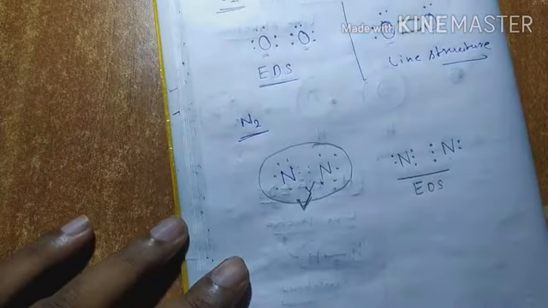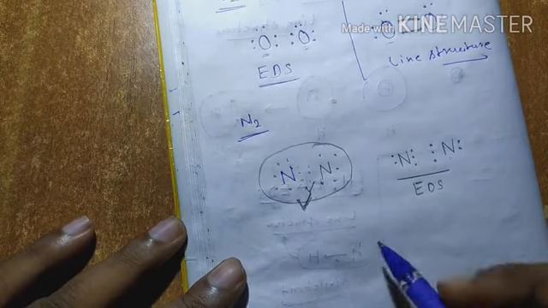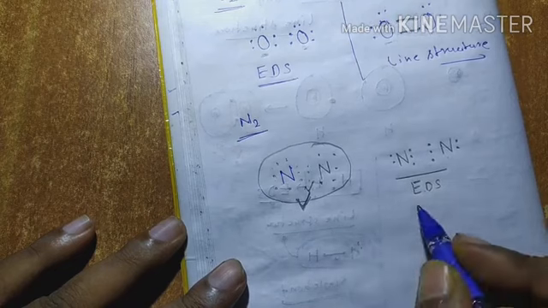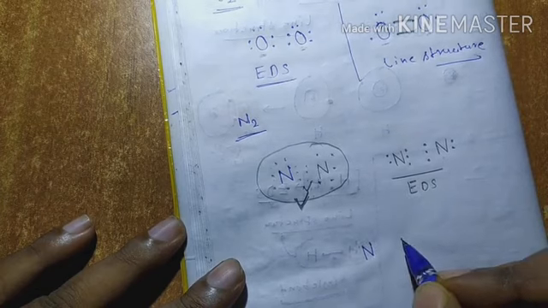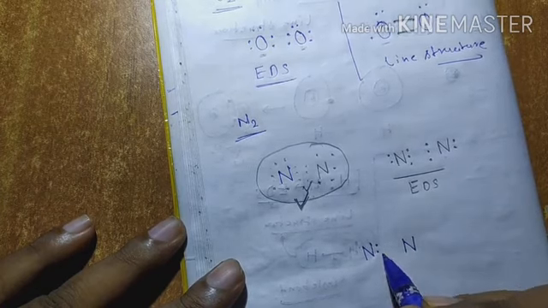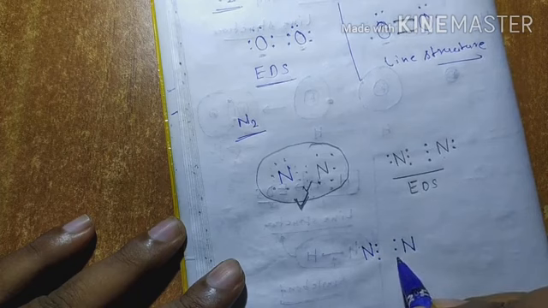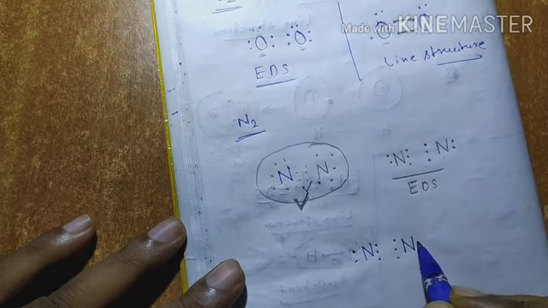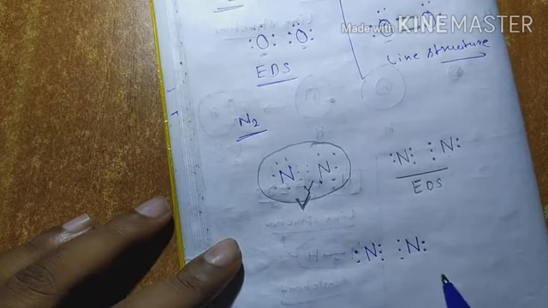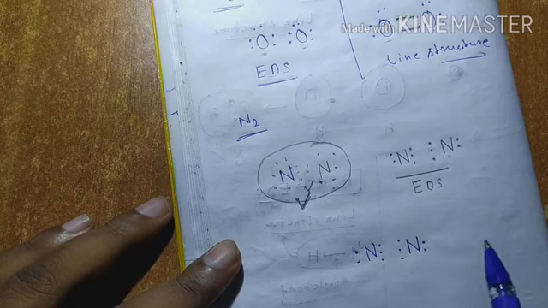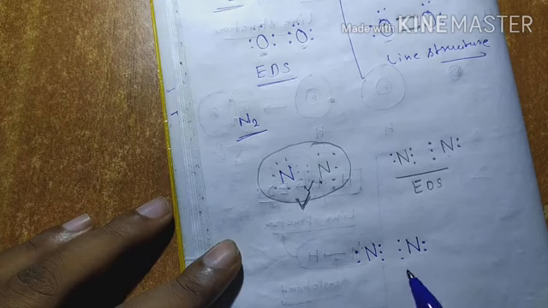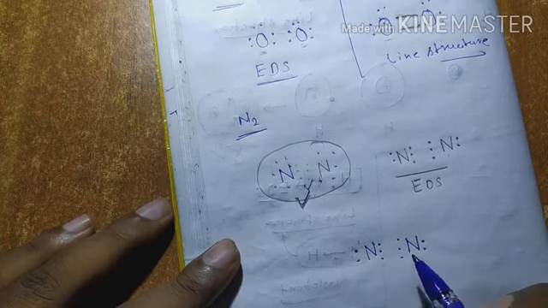So now the line structure. Again, first of all, draw the electron dot structure. Nitrogen: 1, 2, 3, 1, 2, 3. 2 electrons here, 2 electrons here. We have to complete the octet. We have to count the number of valence electrons. If there are 8 electrons in the valence shell for both atoms, it means that the line structure is correct and both atoms will be stable. Understood?